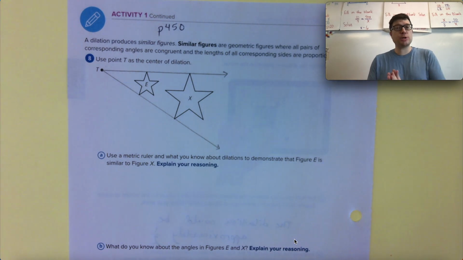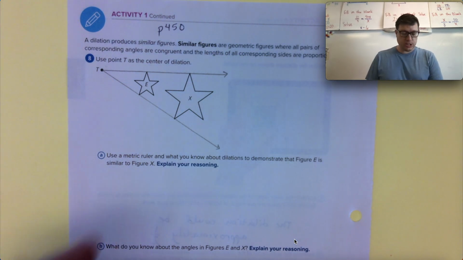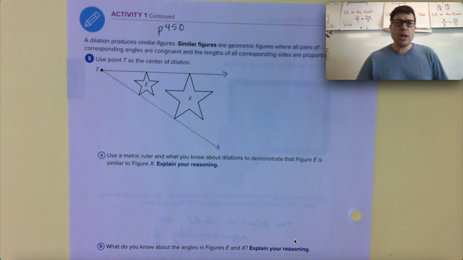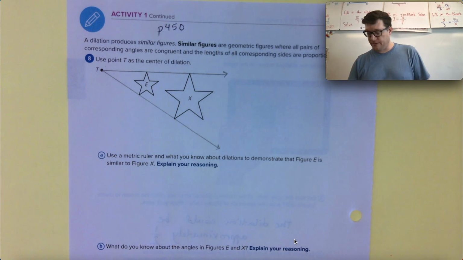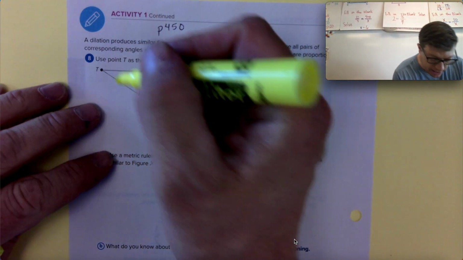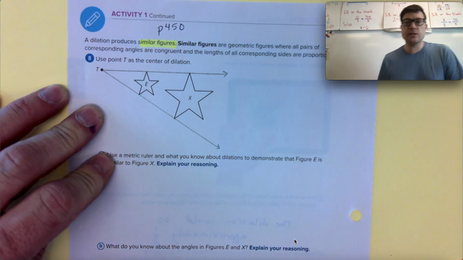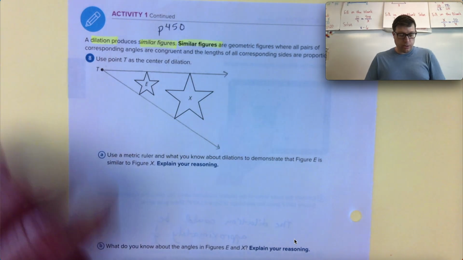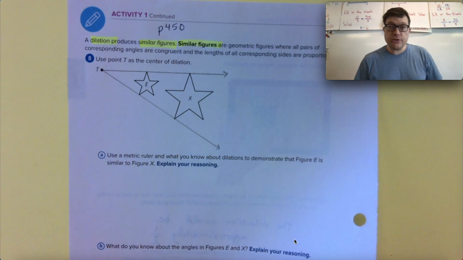What's up, you guys? This is Geometry, Module 3, Topic 1, Lesson 1, specifically page 450, last question or section on the Activity 1 out of our lessons. Now, a dilation produces similar figures, and I encourage you to have your highlighter handy. Similar figures is a vocabulary word. There it is again. Dilation is a vocabulary word, and we want to make sure we're identifying those vocabulary words